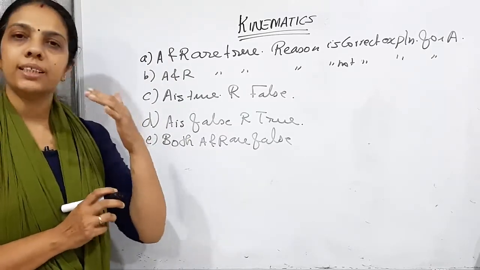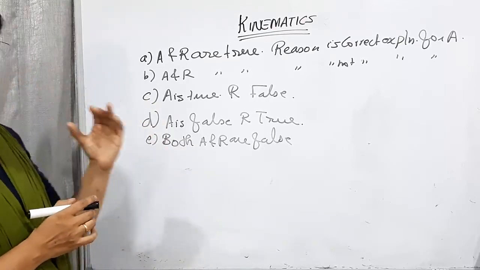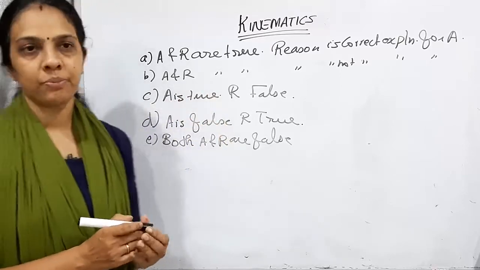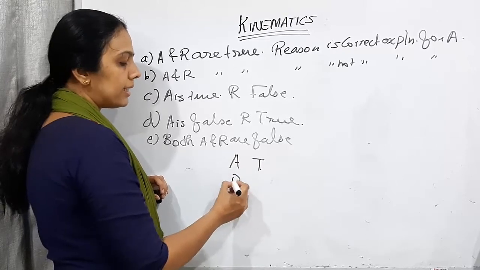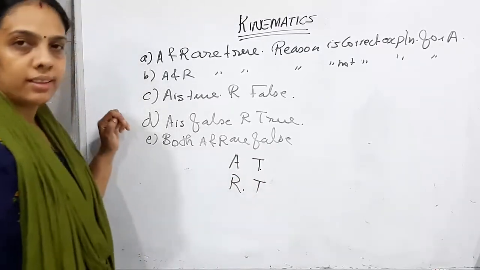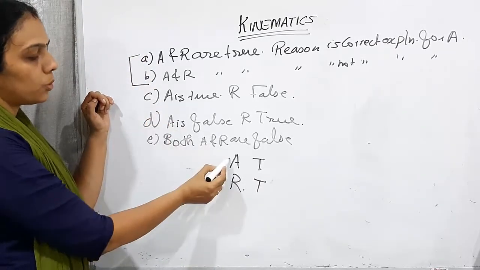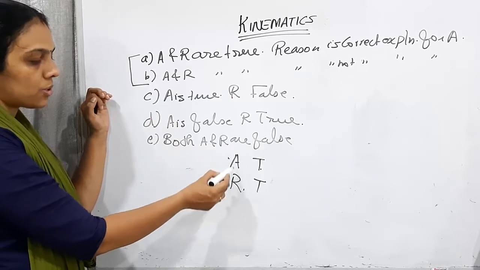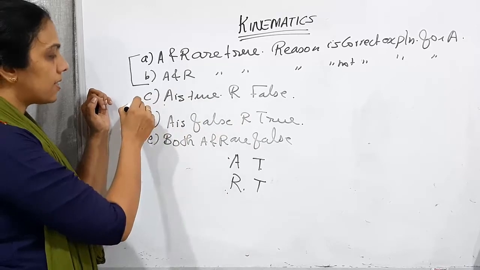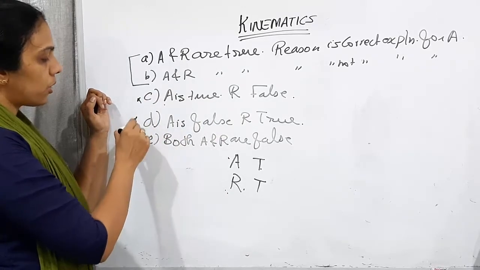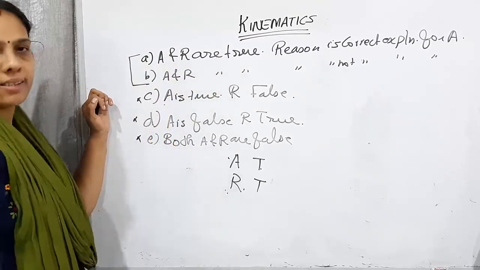So while we are getting those two statements, first you should check whether the assertion is true or false. If suppose the assertion is true and the reason also we got as true, then the answer is like assertion is true, reason is true, right? This is not the option and this also is not the option, this also is not the option. Then either any one of these will be the answer.